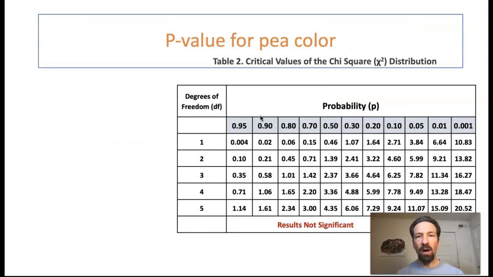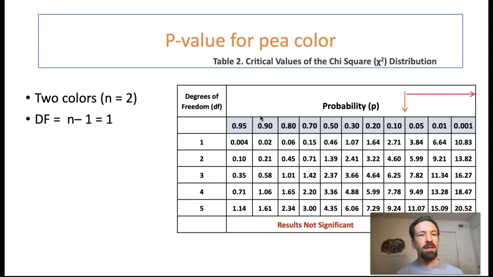So now let's go back to our pea plant example, and we'll talk about why this is a bit of an unusual case. So remember, we had the green and yellow seeds, that's two colors, or two categories, and 2 minus 1 equals 1. So we had 1 degree of freedom. We had a chi-squared value of 2.668. So let's see where that would lie on this table. Here is our 1 degree of freedom, and if we follow the table this way, 2.668 is somewhere between 0.2